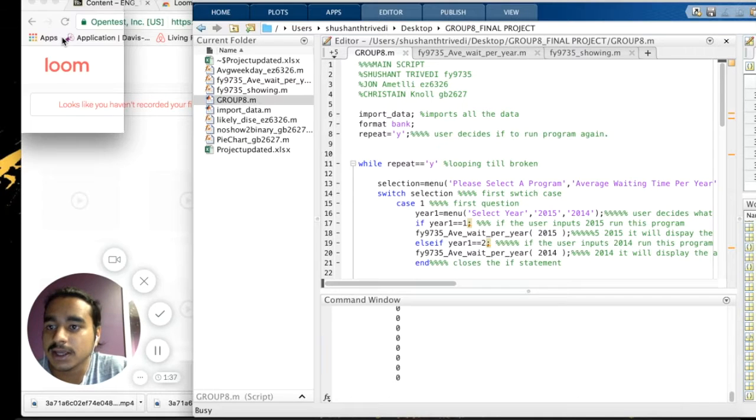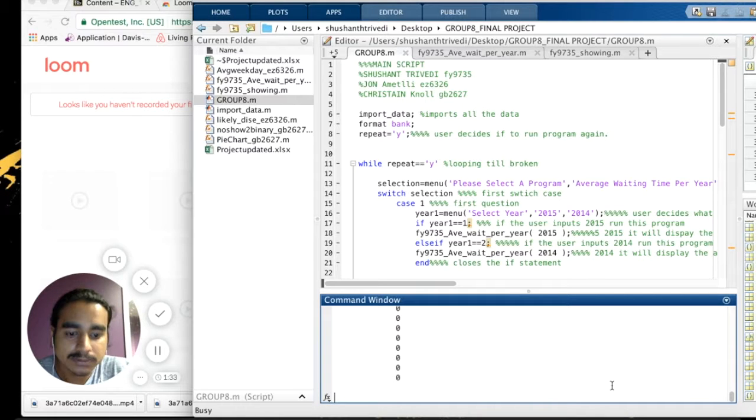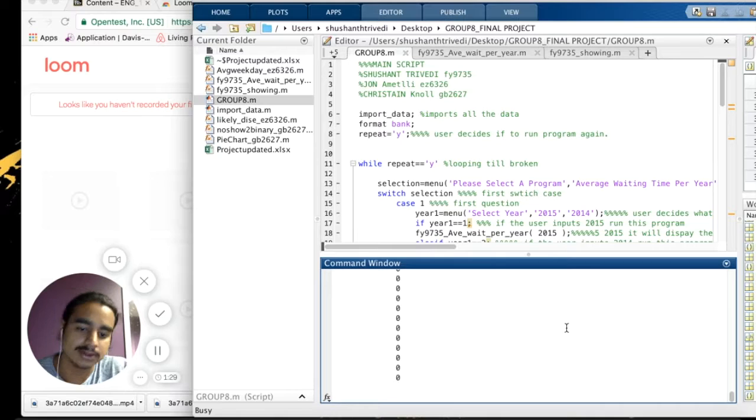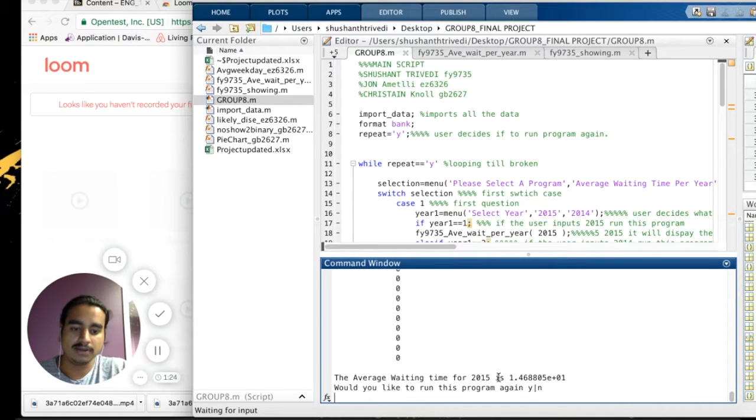Let's just hit average waiting time per year for, say, 2015. It's going to take a few minutes to run. All right, here we have it. So the average waiting time for 2015 is this much. It's nice. You might be wondering what this really does. It asks, would you like to run this program again, Y or N? It's pretty interesting. If I hit Y,